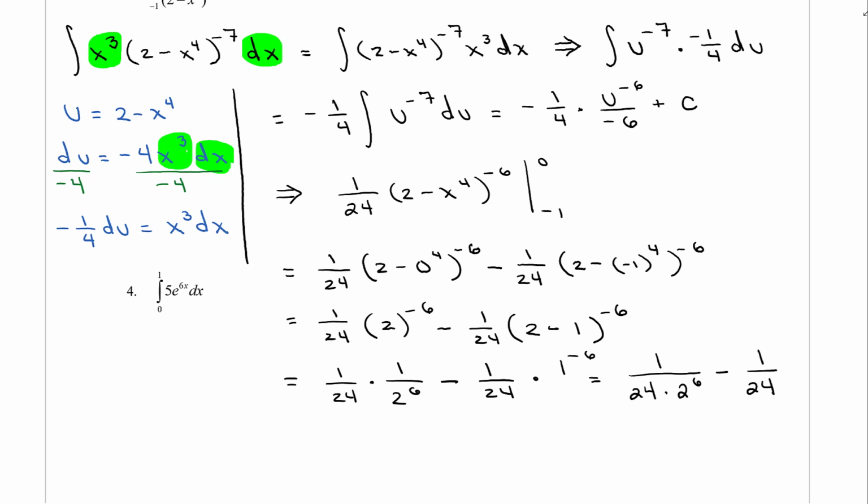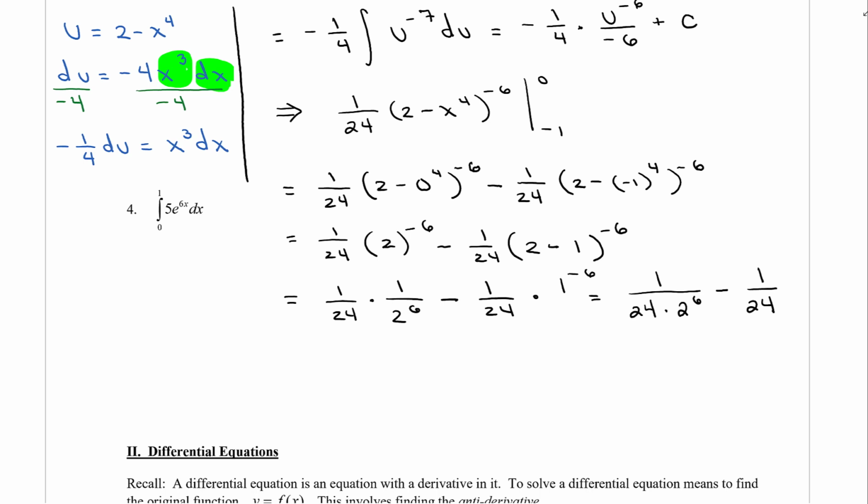So if I multiply 1/24 times 1, it stays the same. Now what I do need here is a common denominator since I am subtracting two fractions. So I'm going to go ahead and multiply the numerator and denominator of my second fraction by 2 to the 6th power in order to get that LCD. Our next line is going to say this equals 1/1536 minus 64 over 1,536. And this is going to be equal to negative 63 over